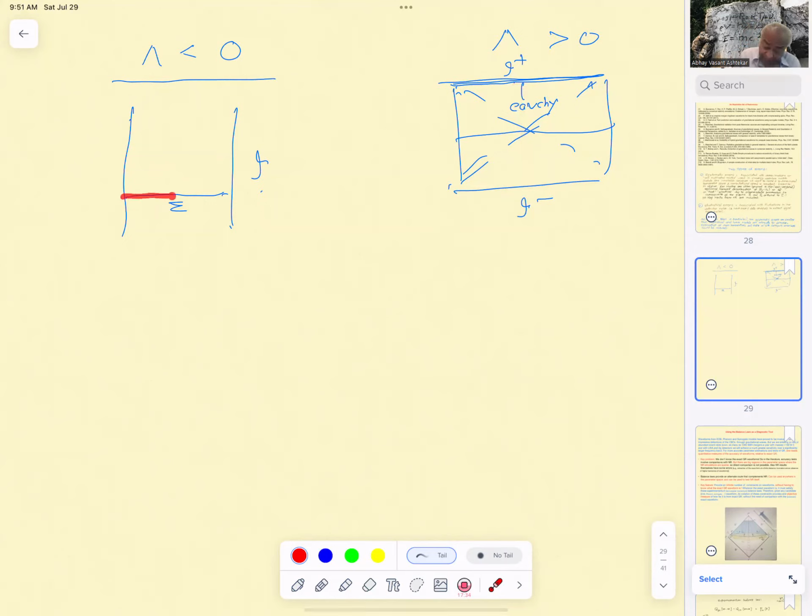But in this case, I got a space-like surface, and therefore the Cauchy problem is not well posed. I need boundary conditions at this thing. So we need boundary conditions at Scri in order to talk about the Cauchy evolution of it. And the first boundary condition that can be used, and this is something that I discussed a long time ago,